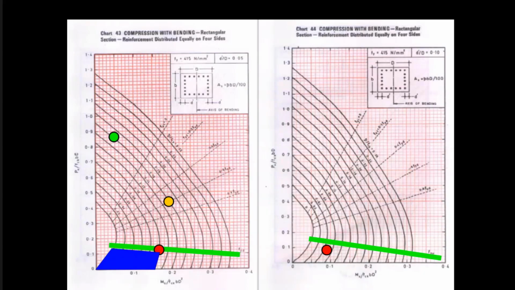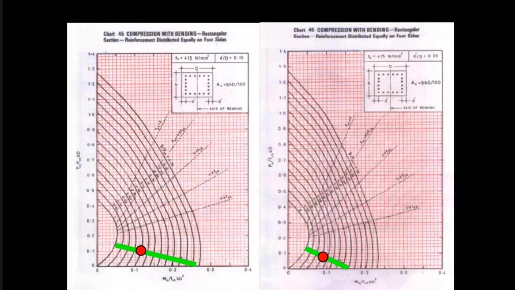The new headache that we have bought these days is larger strength. Once you say larger strength, the area is even smaller for us. And so it gets more embarrassing from many other points of view. Now you can look at all the different cover ratios, and you will see that the green line is going to dip deeper and deeper if the cover becomes larger and larger. So very little operational space is available for us in the case of